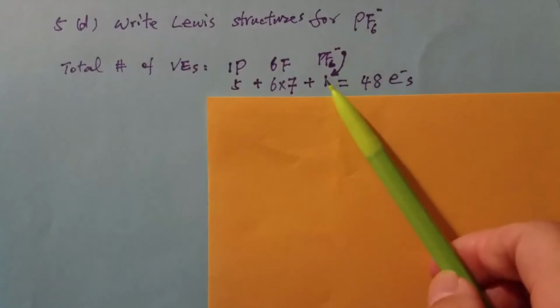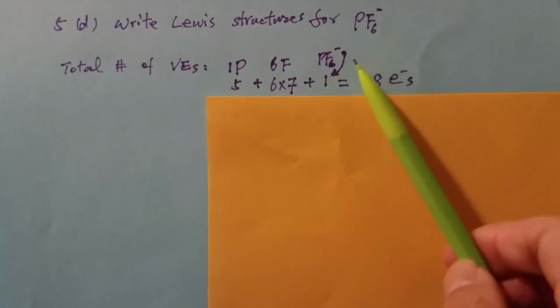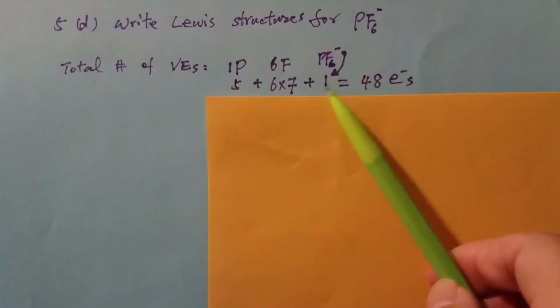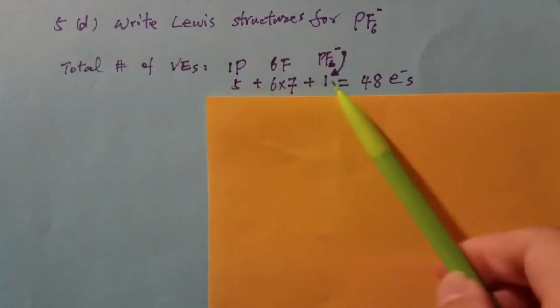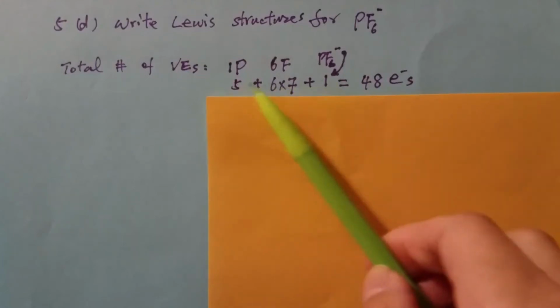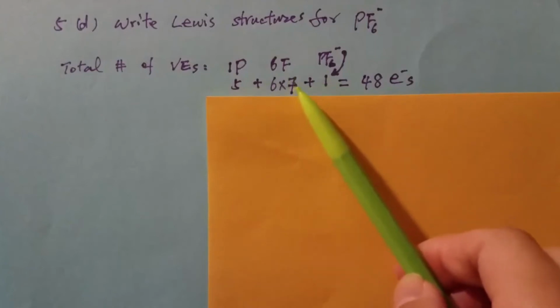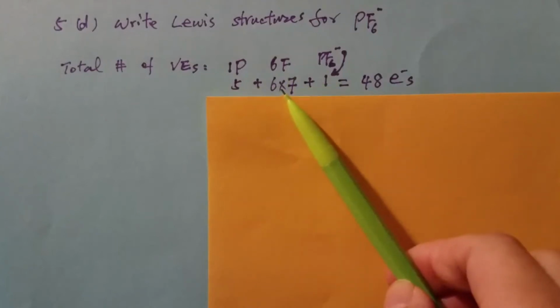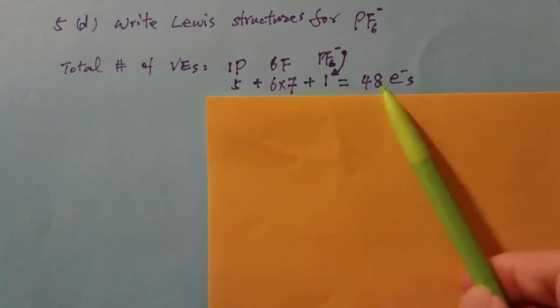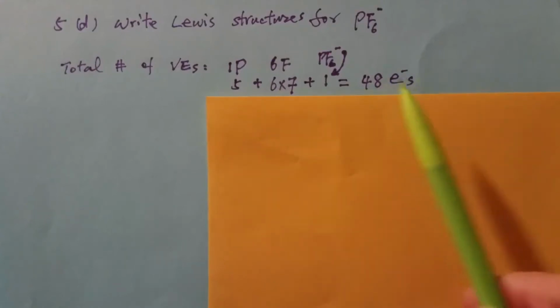That's one more electron; negative means gain 1 electron. So if you add all those together, 5 plus 1 is 6, and you already have 7 times 6, so you have 8 times 6, that's 48 electrons. So that should be 48 total